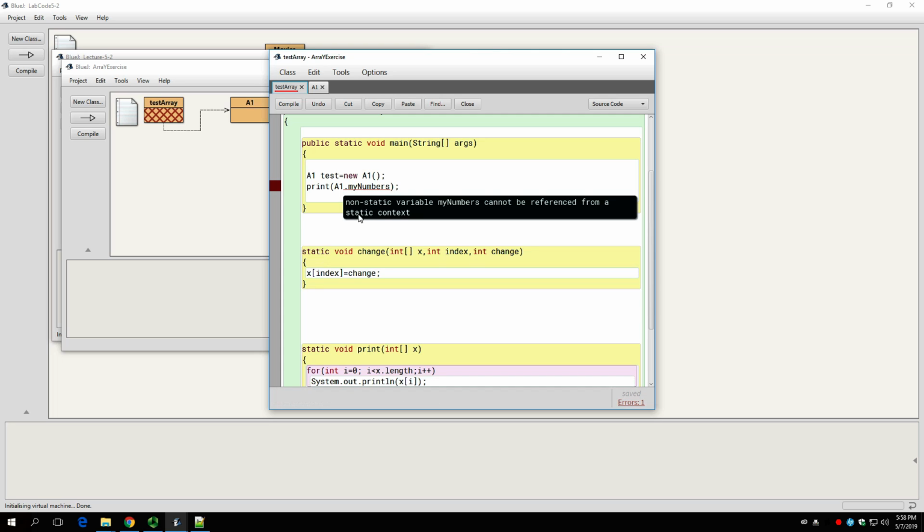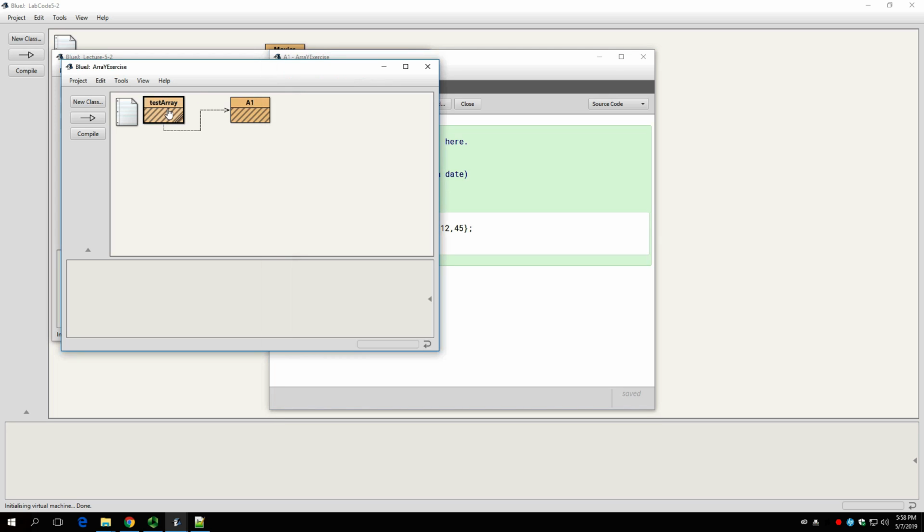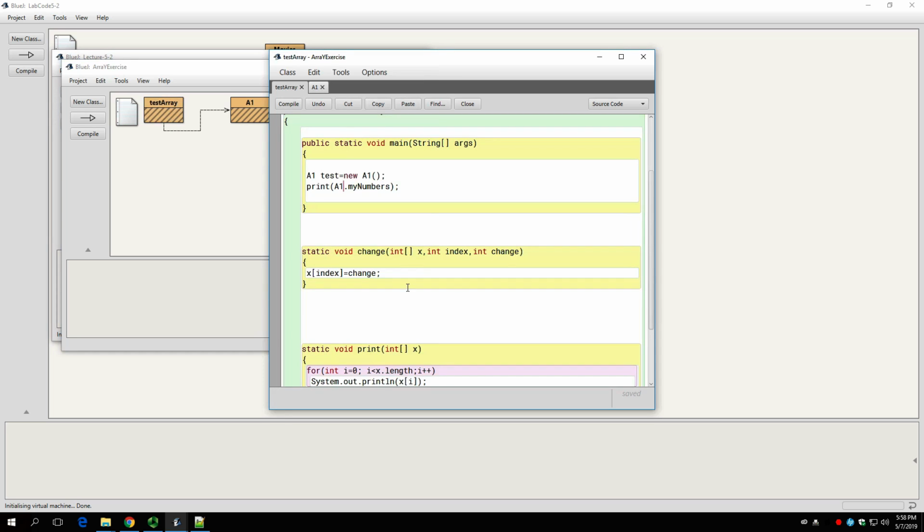What is going on? Okay, yes. All right, I wrote this to not do it statically, so let me call this static. I didn't want to do it statically at first, but now I'm doing it statically. So here I say go get a1 my numbers,